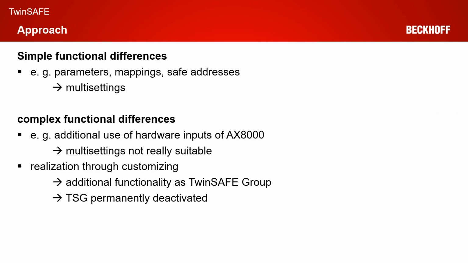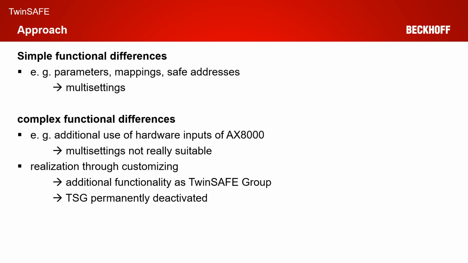If you have the requirement to use some different functionalities on AX8000, if you have very simple functional differences, you can use the already mentioned multi-settings. So you can use one safety project and the differences, for example, in parameters or mappings and safe addresses can be configured via multi-settings. But if you have more complex functional differences, so for example, in our case, we don't